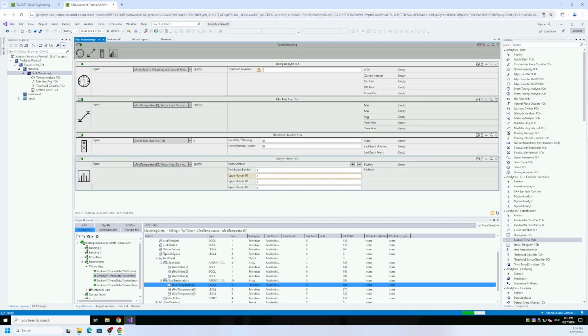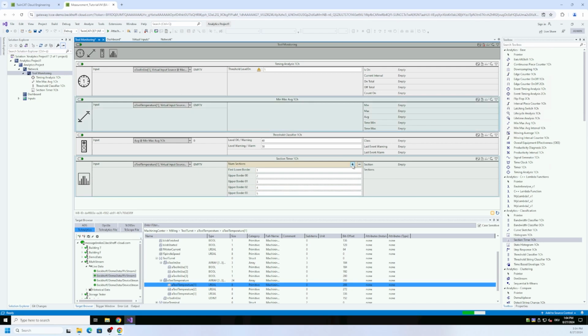Then I can set up some borders to define areas. So I can observe with the section timer areas of the temperature, how long I stay in which area. Sometimes, especially for a tool, this could be more important than the maximum temperature which I reached in the past. So maybe for the lifetime observation, it's more important how long I stay in which temperature area.